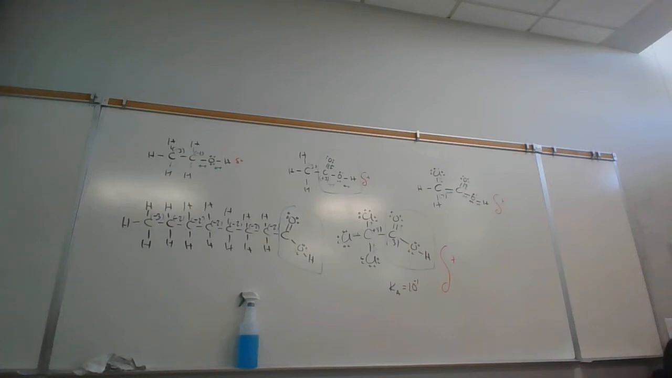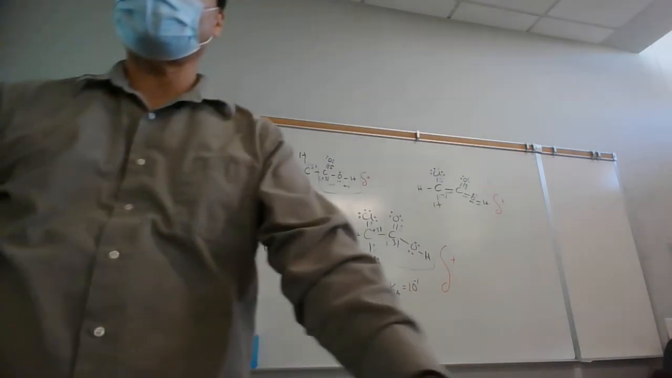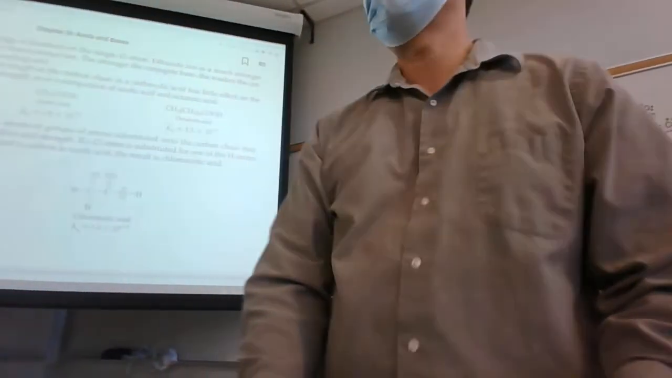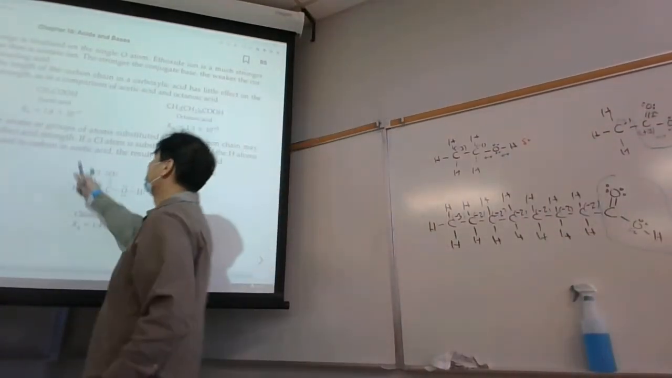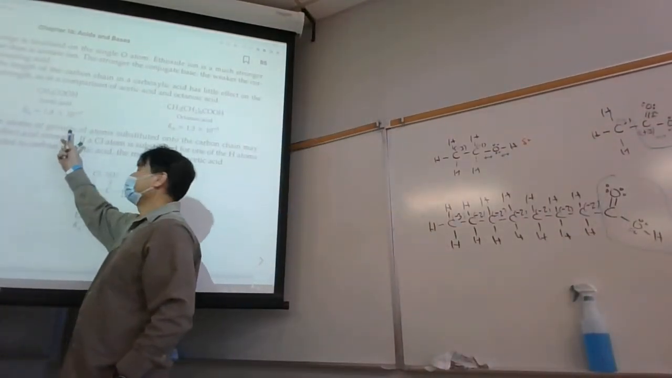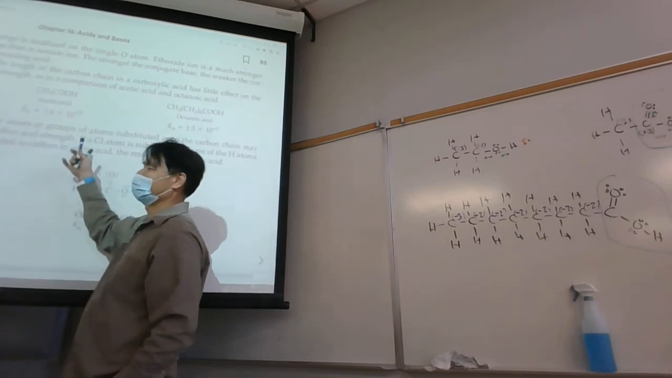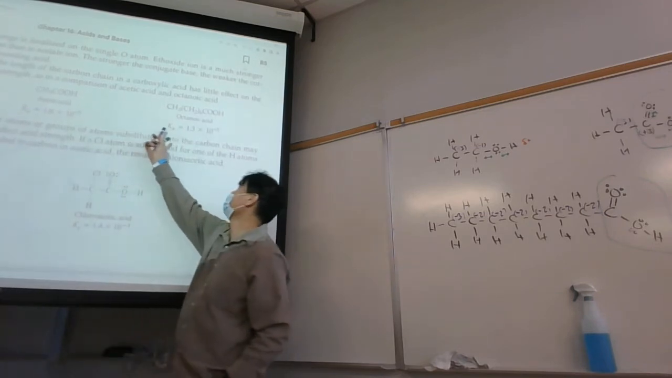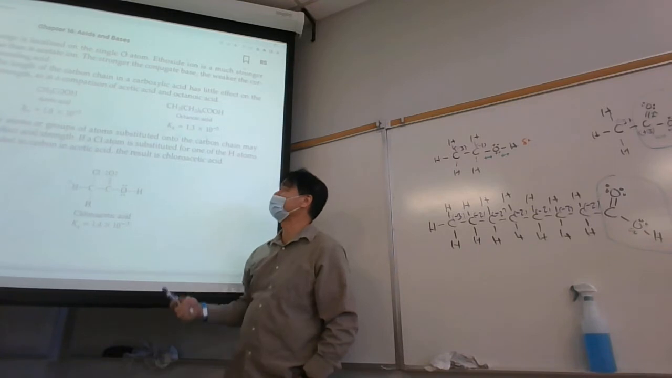This is 1.8 times 10 to the minus 5. That's 1.3 times 10 to the minus 5. And the larger the Ka, the more acidic the acid is. And so acetic acid is more acidic. But is it significantly more acidic? I mean, 1.8 times 10 to the minus 5 versus 1.3 times 10 to the minus 5, it's not hugely